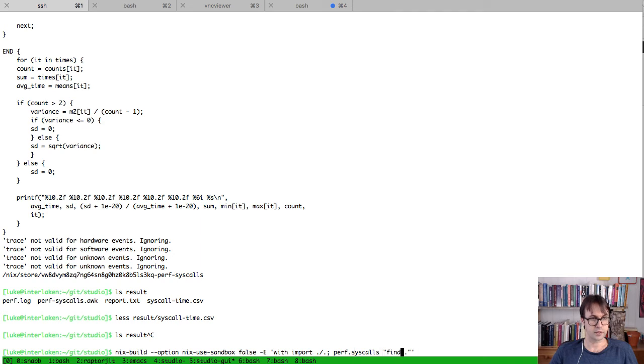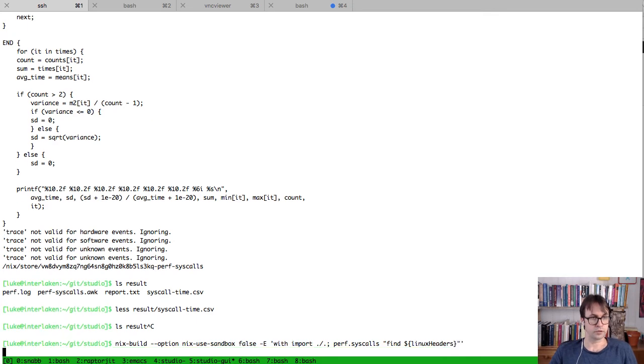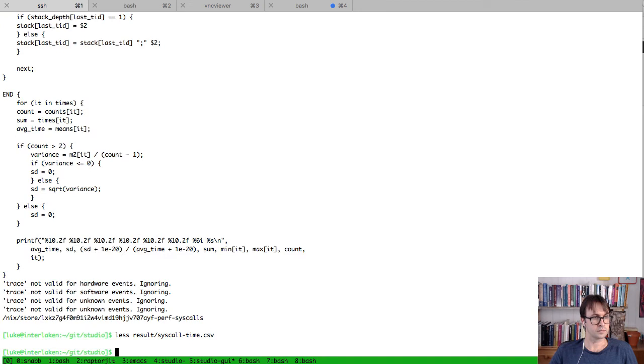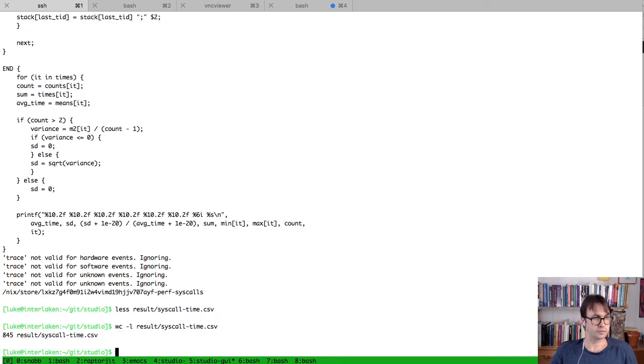Hold on, let's just make it slightly, ever so slightly less trivial. What did we do before? I'm fine over the Linux header, so it makes a few more syscalls. How many entries do we have? 800. Okay, so presumably if we run this on something bigger, we'll get more samples. But this is fine. 800 and something seems fine to begin with. So let's